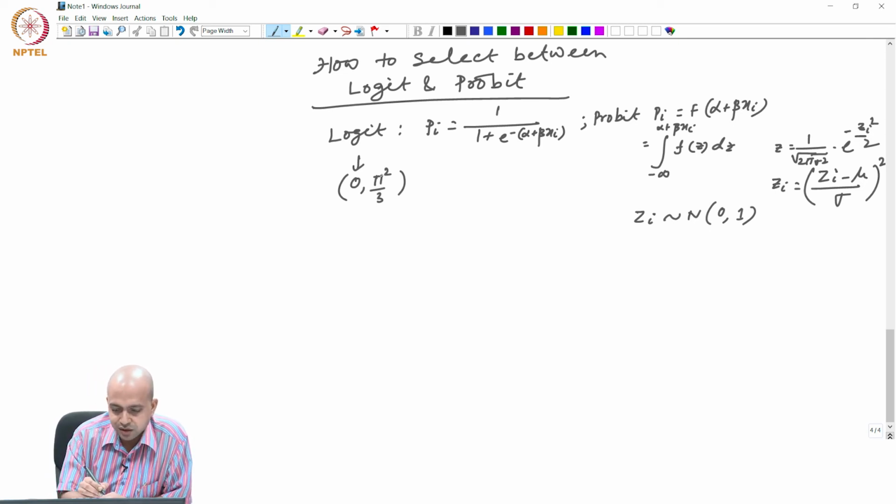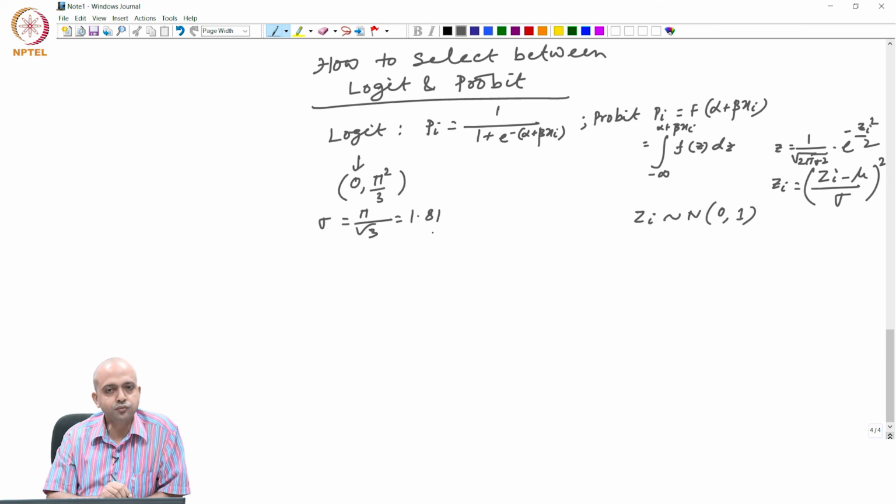So that means sigma equals pi by root 3, which is 1.81 or something. Okay. So if you multiply the Probit equation by 1.81, what I can say is